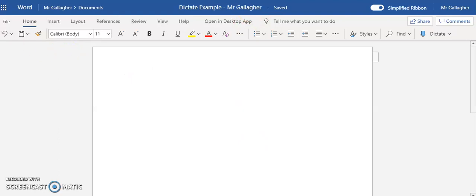Okay, as you can see, it's a slightly reduced toolbar that we have across the top, but it has most of the major features that you would need for carrying out any standard document, for example. But today I'm going to look at the dictate function. So if I click on dictate,